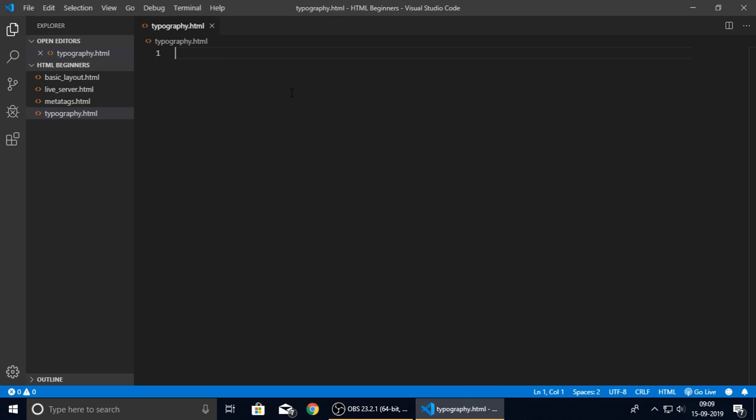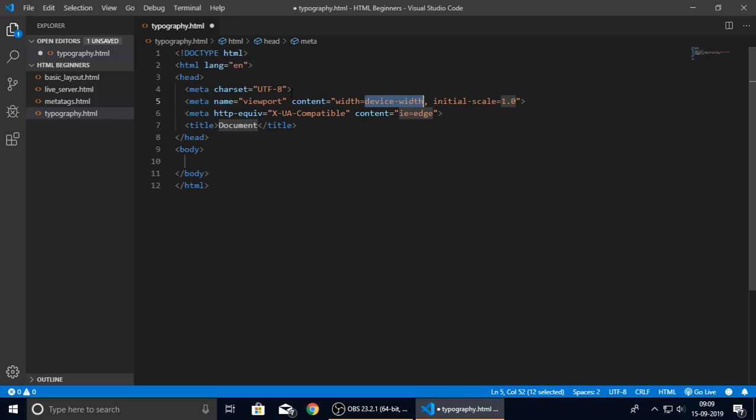So as you might have seen in the previous videos, to create a basic structure, just press shift exclamation tab, so it creates a basic structure for us. And I am going to create a title, heading,